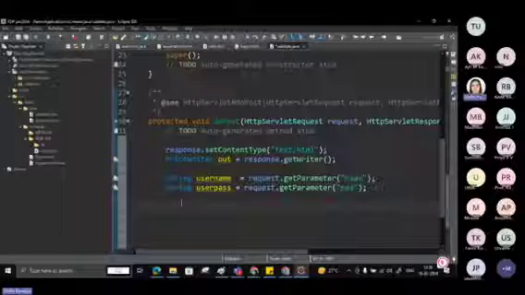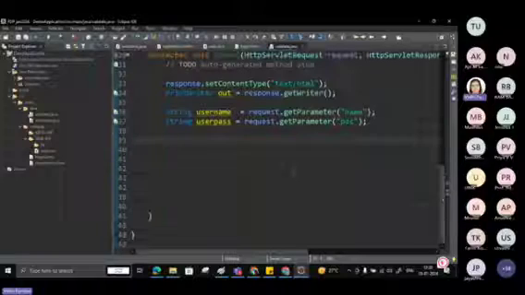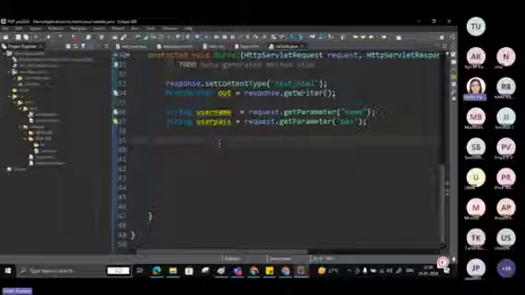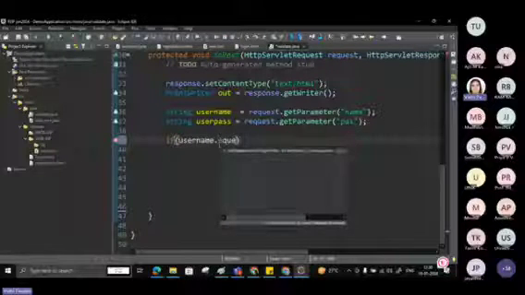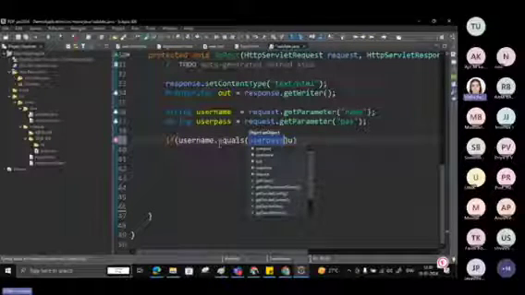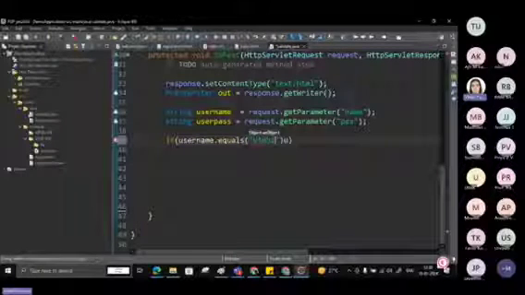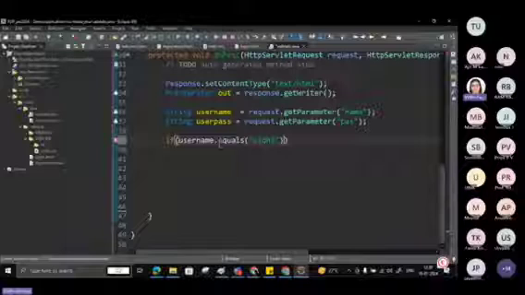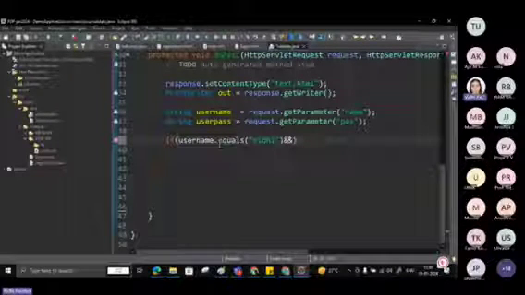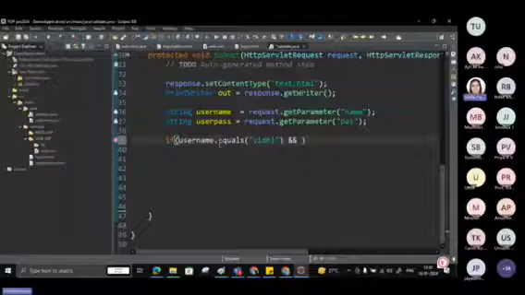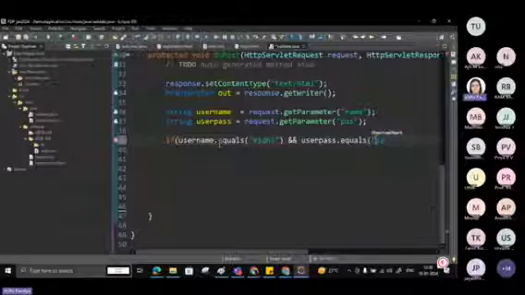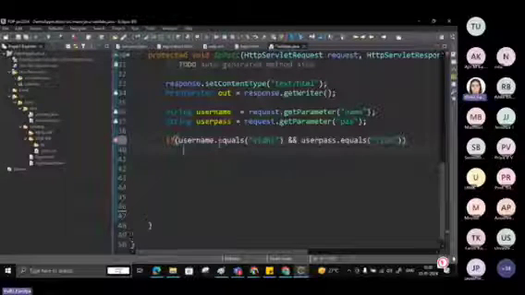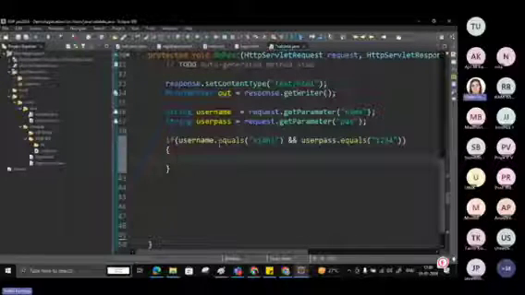Both the things I have stored within my 2 variables. Now we need to check the condition: if username.equals, by default we are giving the name, let's say Vidhi, and the other condition, userpass.equals 1, 2, 3, 4. If these two conditions are satisfied,